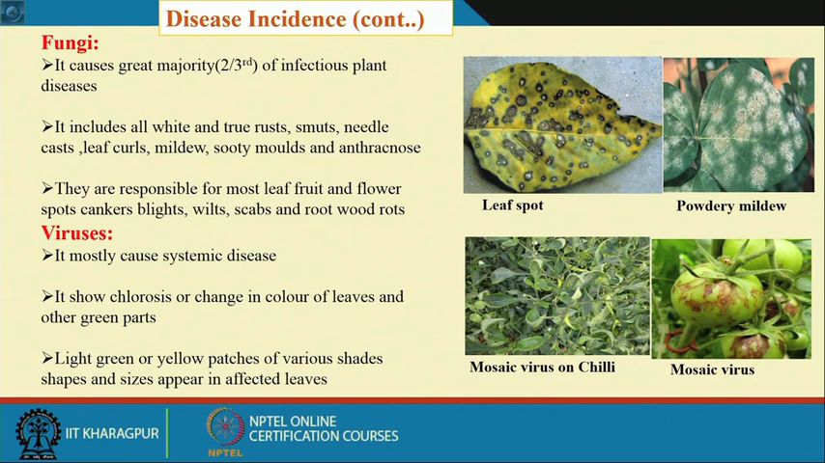If you see the virus, it mostly causes systemic disease. It shows chlorosis, or change in color of leaves and other green parts; light green or yellow patches of various shades, shapes, and sizes appear on affected leaves. Here we are showing some symptoms of viral disease, like the mosaic virus in chili. Here the leaf color changes, and in most cases of viral disease, the top leaves become very small in size,